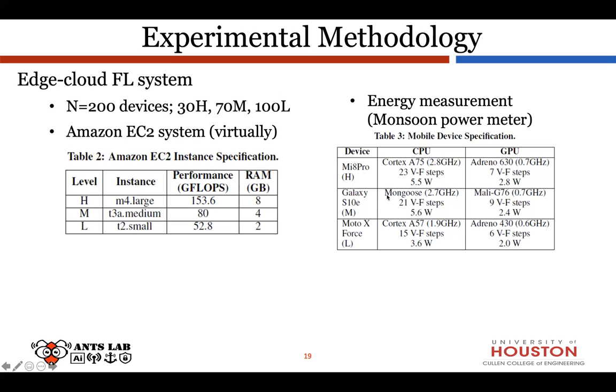But here, I can understand they try to use the real device power data to mimic whatever they want to show on EC2, right? Yes. But do they match for this high-end device? For example, the Mi 8 Pro has 8 gigabytes of RAM. They didn't provide such information, but I think they should be matched, or they will perform similarly.